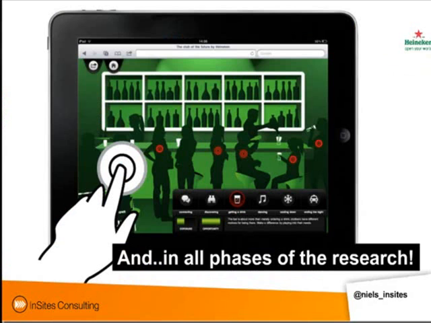But one of the things that we also have used mobile for to prove its value for market research is in the reporting end, or in bringing across, conveying our findings to different target groups of clients and users of research. The example here, I won't elaborate.